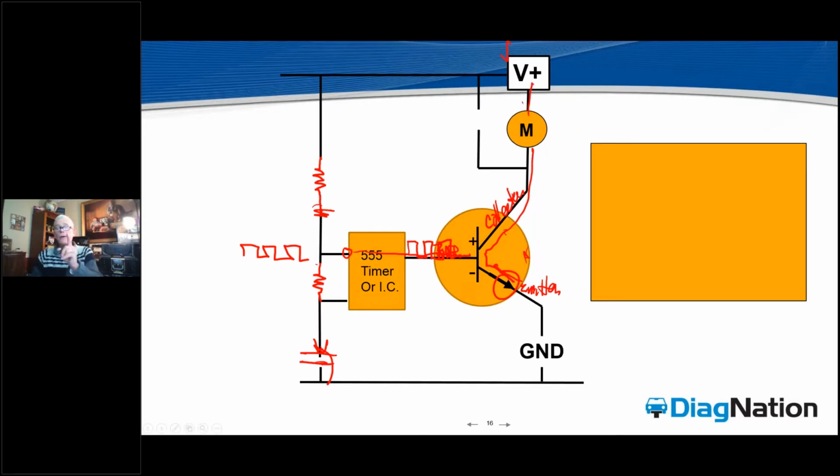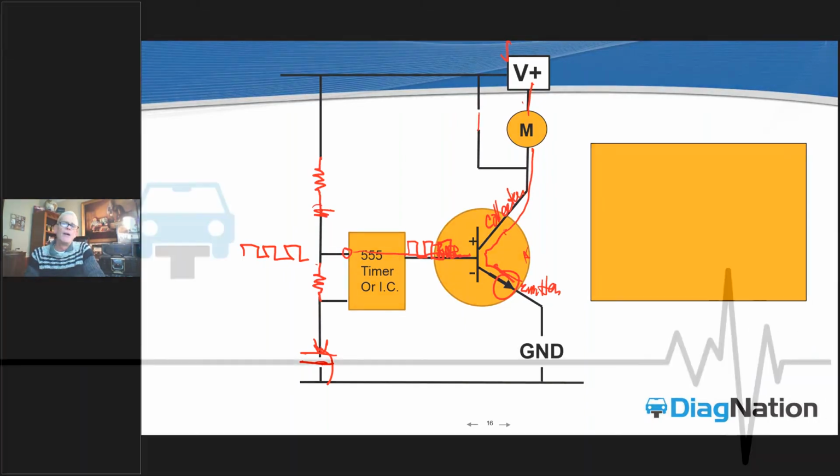Now, here's the important part for not destroying the driver. And this is what we need to look for every time we see a driver failure on a PCM for a transistor, a coil, or a fuel pump driver. We need to watch for the activity of this